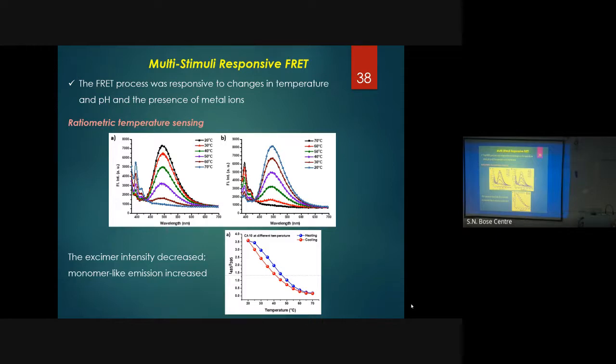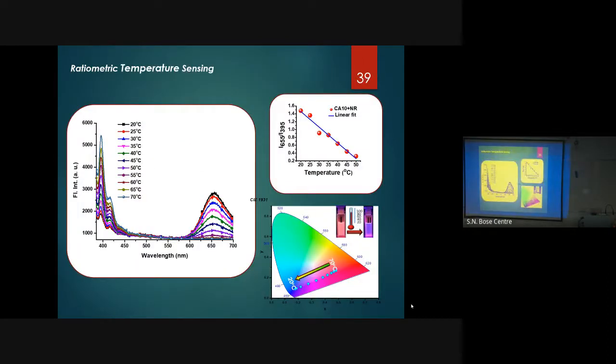So by increasing the temperature, if you decrease, then it will also have a result on the FRET, and that is what we saw, that when you go to the higher temperature, the FRET also diminishes. And interestingly, if you plot these two emissions, this is the emission coming from Nile red, this is the emission which is coming from the monomeric region of the pyrene, and you see that that is almost following a linear plot. This kind of thing is actually what you can term as ratiometric thermometers,